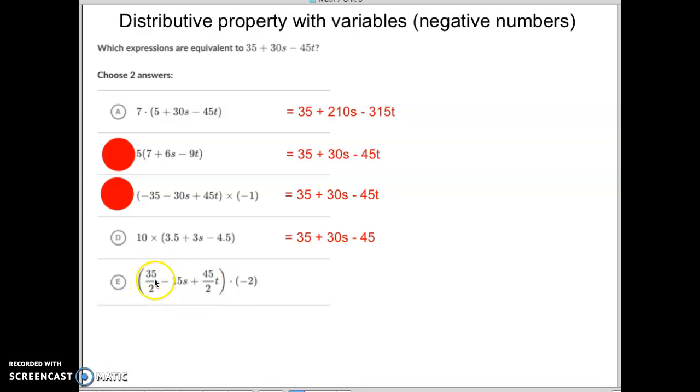Negative 2 times the positive, so that'd be a negative 35. And then negative 15s times negative 2 is positive 30s. And then a negative times the positive is a negative, and the 2's cancel, so 45t. Well, this is right. This is right. Oh, the 35 is supposed to be positive, and it's a negative. So you can see you're going to have to check your answers pretty closely to make sure you got it